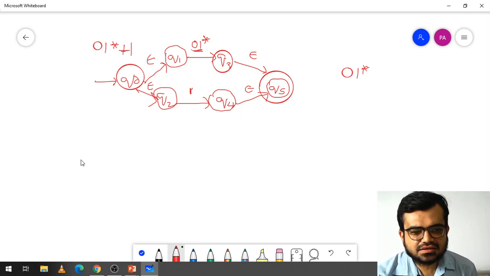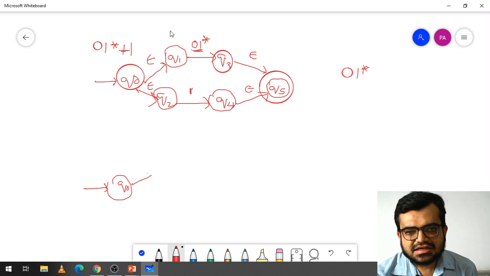Now we are taking another one. Here I am taking Q0. Okay. Now I am working on this part. I have to expand this. So this is my Q1, let us assume.